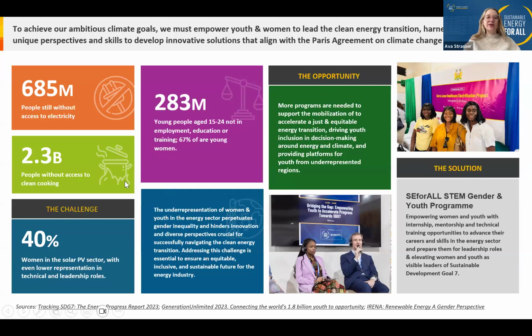By making governance and decision-making more inclusive, we can strengthen climate policies and efforts to eradicate energy poverty. And so, as we gather here today, the energy access challenge remains vast. 685 million people throughout the world still live without access to electricity, and 2.3 billion are without access to clean cooking technologies, still relying on rudimentary things like firewood and coal, which are really harmful for the environment, but also for health,